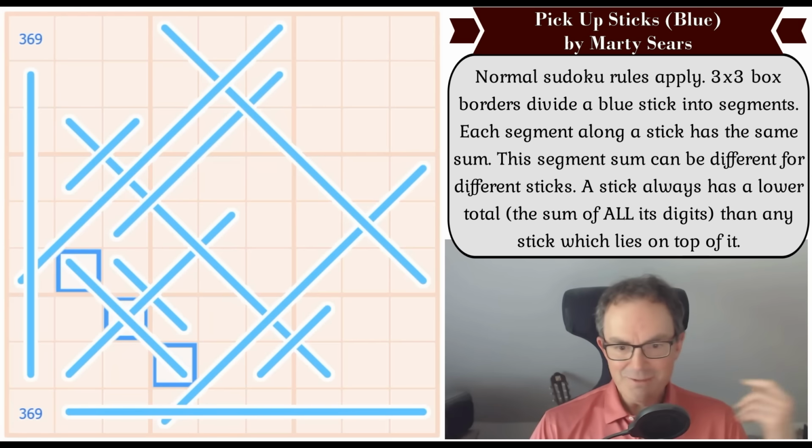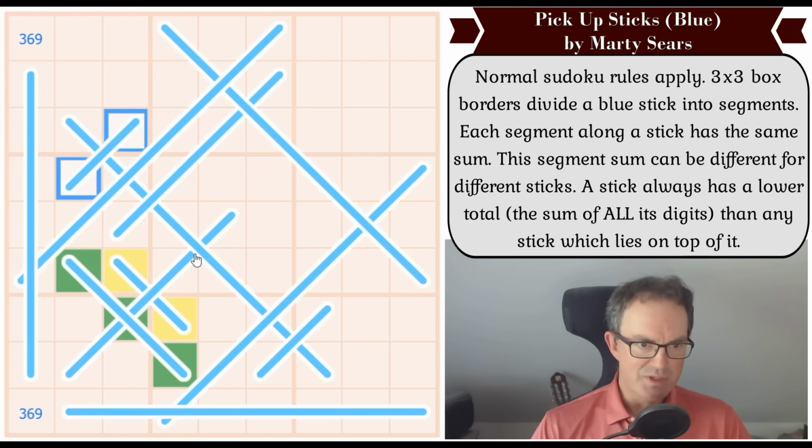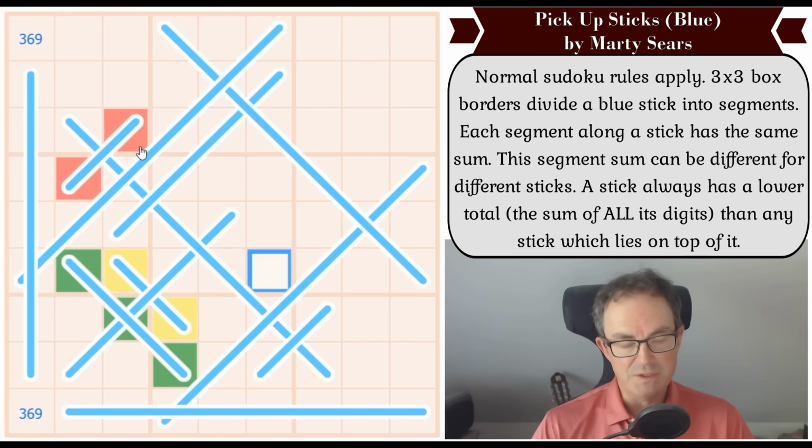Sorry, maybe I've got to colour these. Okay, those three are the same digit. These two are the same digit. They are different, aren't they? Because this cell sees that cell. Those two are the same digit. They are definitely different from both green and yellow. Problem is that one could be red. It's definitely not yellow, it's definitely not green, but that could be red. I think it genuinely could be red because...